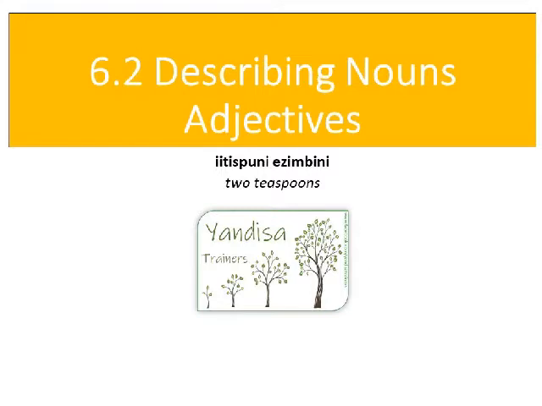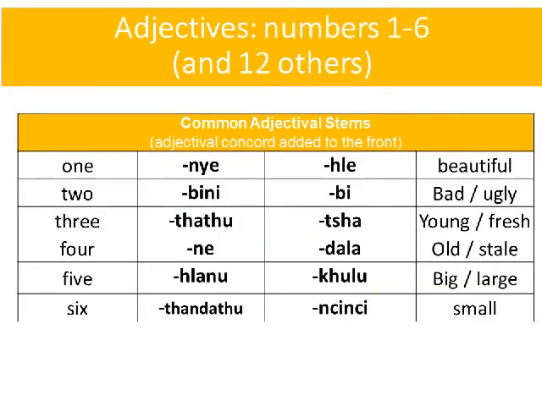They both describe nouns. They get constructed in very similar ways, but there's some small varieties around which concords are used. At this point in time, it doesn't matter whether you confuse adjectives and relatives and then concords, as long as you understand their function and how the concords are created. Now, there are only 18 adjective stems in the whole of Xhosa, and only a few of them are commonly used, and they include numbers 1 to 6, and then there are only 12 others that you can slowly become